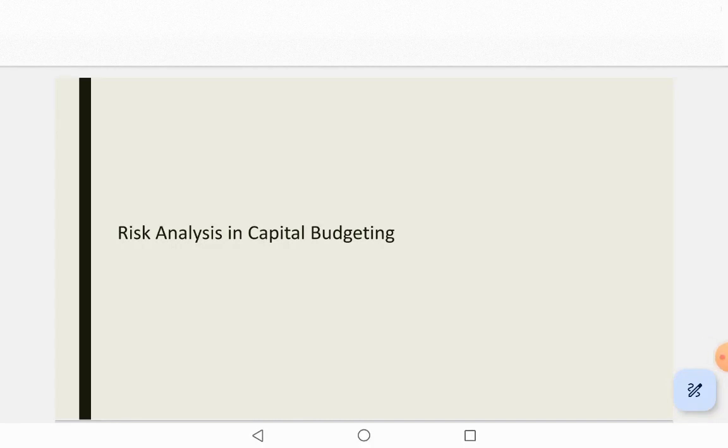Today we are going to be looking at a topic called risk analysis in capital budgeting. For those of you who are following the channel, last time we spoke about the basic concepts in capital budgeting. Essentially, what is capital budgeting? What are the different techniques we follow? We looked into why cash flow is better than profit when we want to analyze investments, and we went into certain techniques like payback period, net present value, IRR, profitability index. One of the assumptions we made is that when we estimate cash flows, we accounted for the time value of money. We used the cost of capital to discount cash flows and bring them to present value.